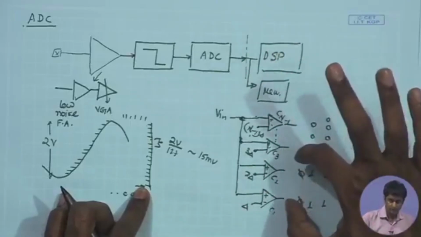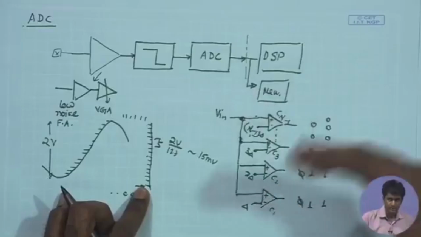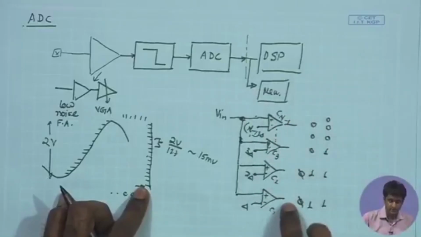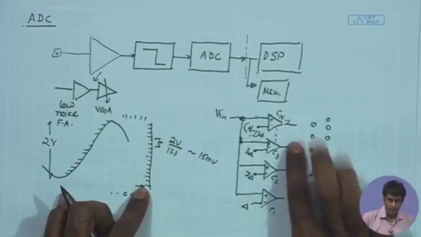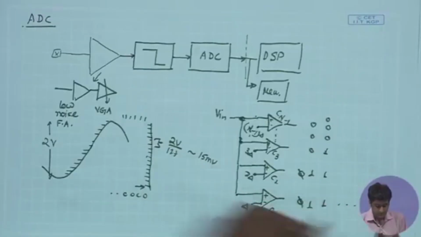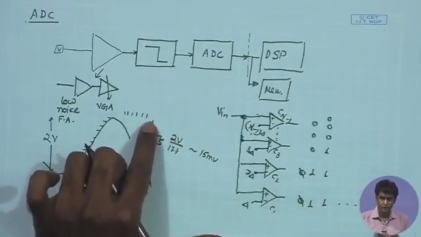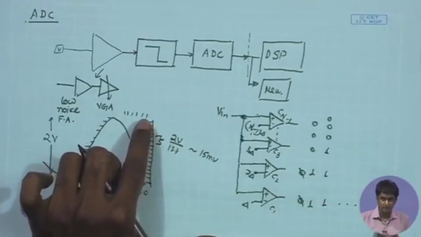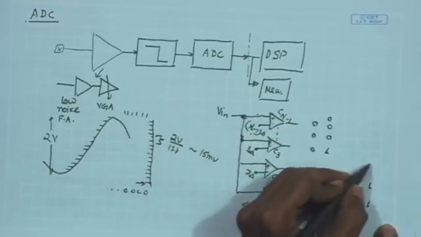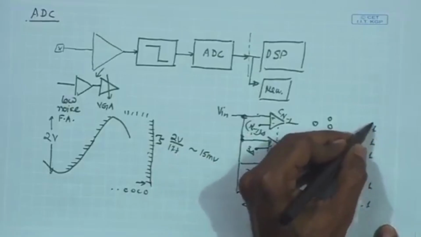So, the number of comparators having high output basically denotes the signal level. If a larger number of comparators starting from the lowest one are having ones, that means the signal is towards the higher value, and in the extreme case, when the signal is very close to or even higher than the uppermost threshold, which is n minus 1 delta,